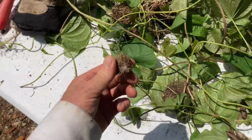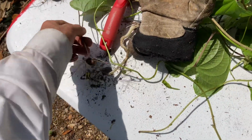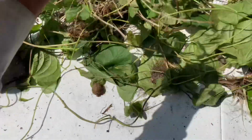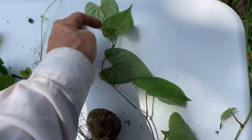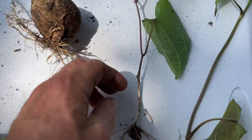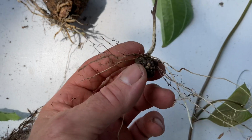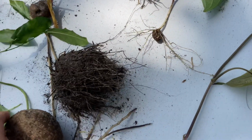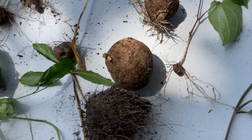This is a relatively small one. You can see the anatomy of one of these things with this one right here. Let me put it over here in the shade, maybe you can see a little better. You can see it grows the vine, but it sprouts from this little air potato. And this is a tiny, tiny one, but look at this, look at it in comparison to this. And you can see here,